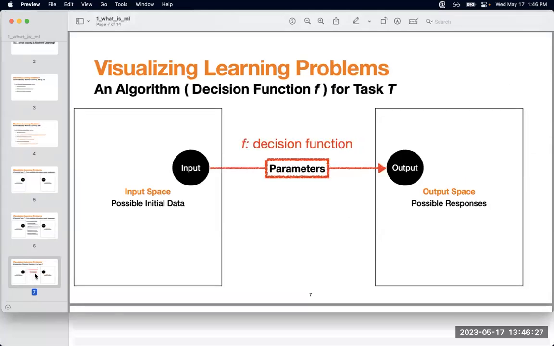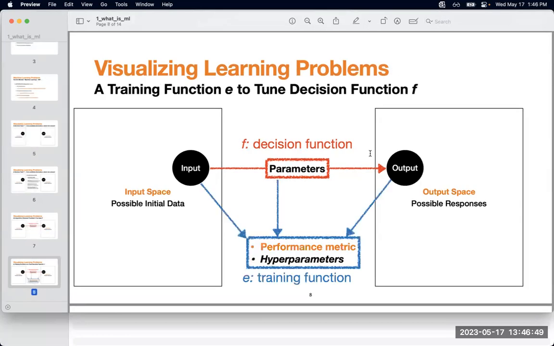So in terms of the function itself, if we have a decision function, usually we have some parameters that would be used by the function to gradually learn how it would essentially do the prediction. So we differentiate between parameters and hyperparameters. Parameters are essentially the parameters that would be learned by the model itself.